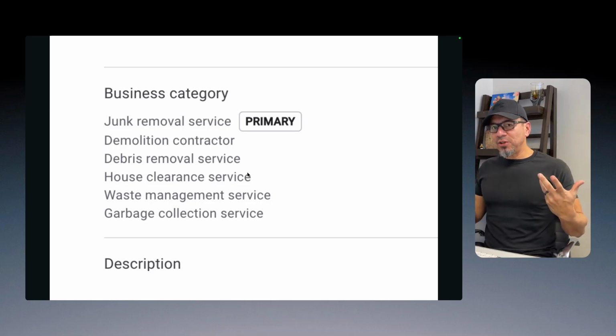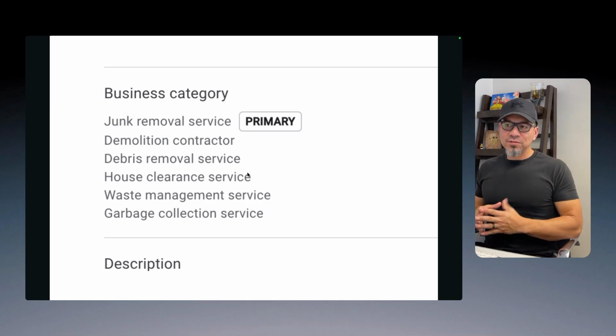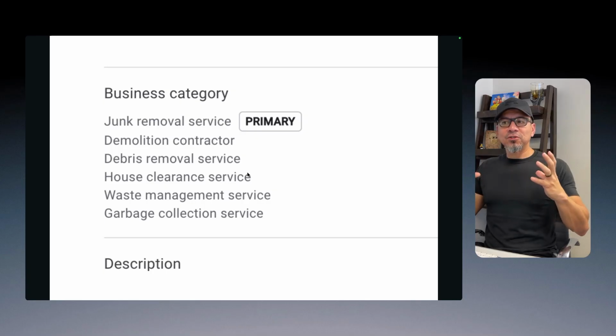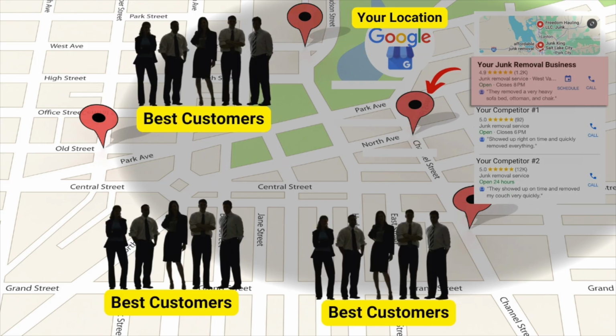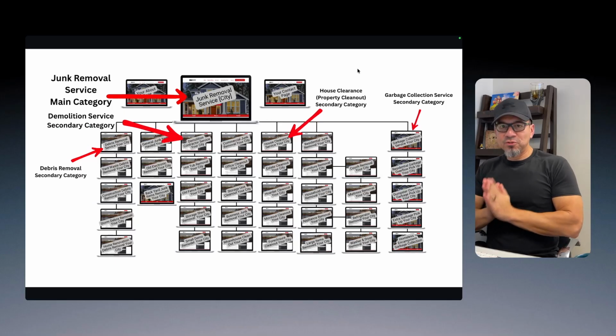And the more pages that you build under all of these categories, the more Google's going to see all the services you provide. It's going to favor you and spread out the reach of that listing further and further as you build out your site and you build out your business and try to get more leads using this Google Business Profile. And here's the biggest reason